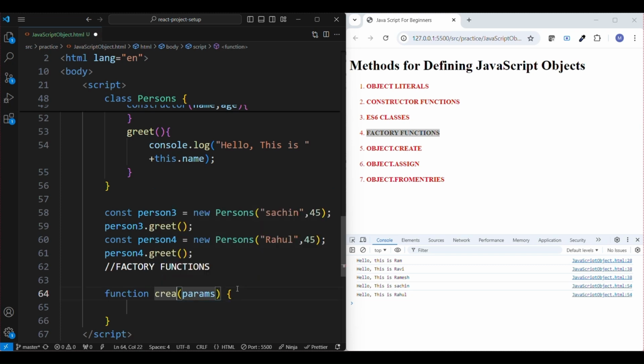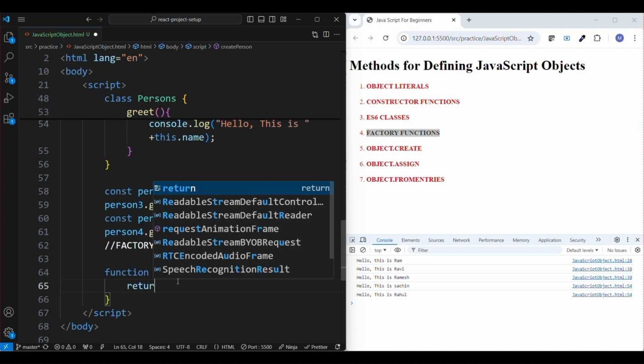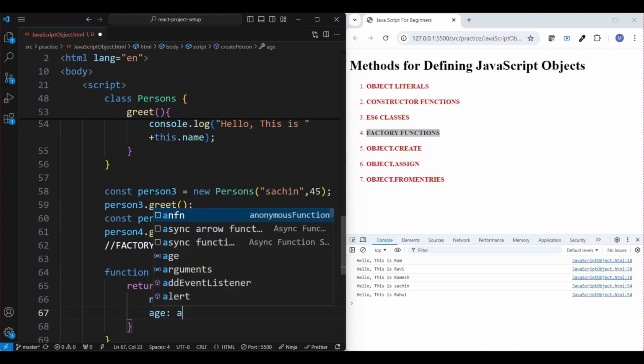Create person, for which I'm passing parameters, name and age. Inside this function I'm just returning an object. We should assign whatever name parameter we received to the variable, and then age,